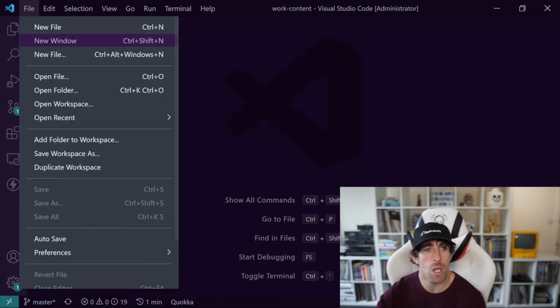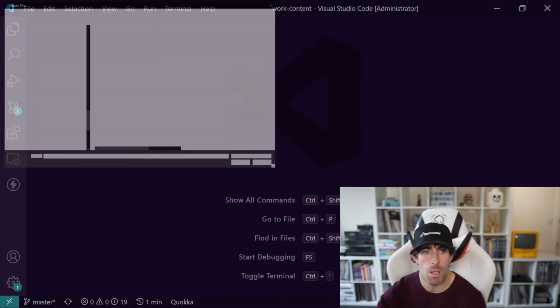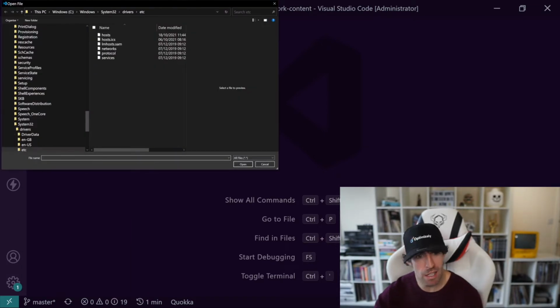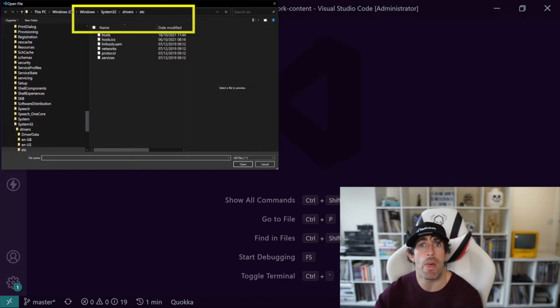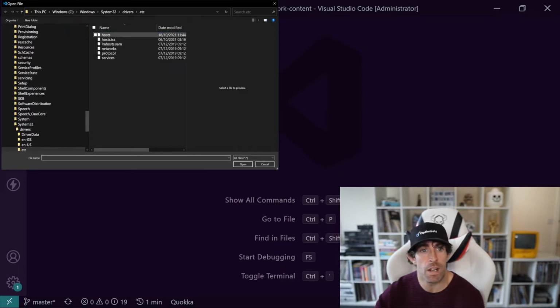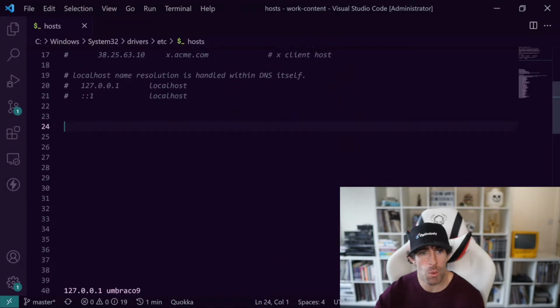And what you want to do is open up the host file. So open file, and as you can see here, it is Windows, System32, drivers, etc. And in here you'll find a file called hosts. Remember, have all files selected, because in some editors like Notepad, it will be hidden. So open up your host file, and what you want to do is map